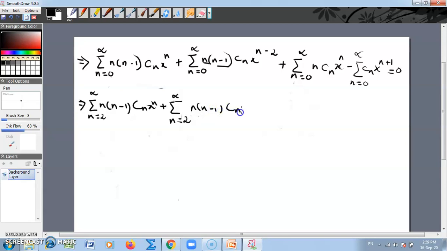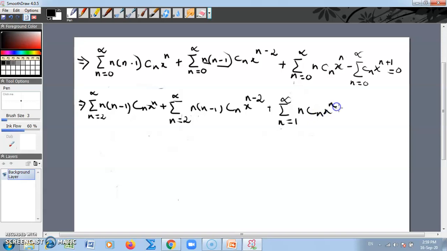The only difference between the first and the second term is that in the second term the power of x is diminished by 2. Then again this one can be written as n goes from 1 to infinity n Cn x